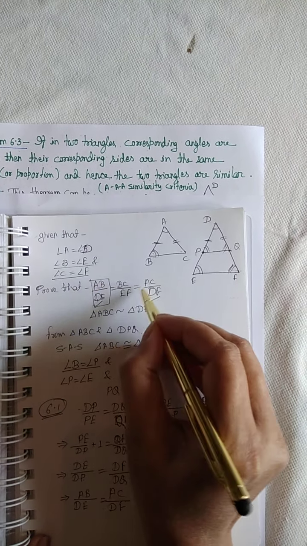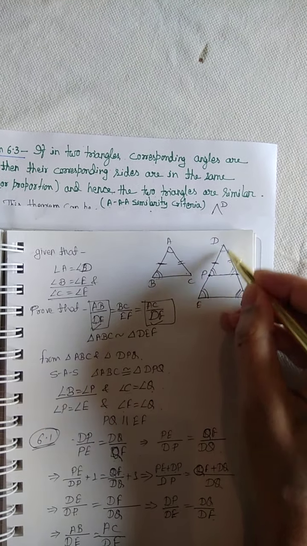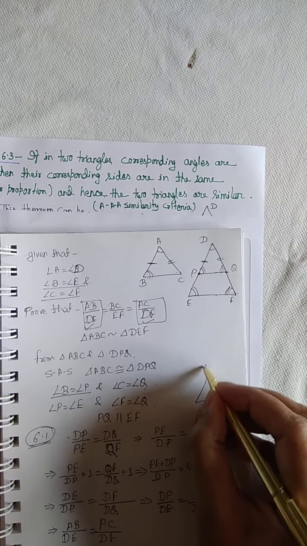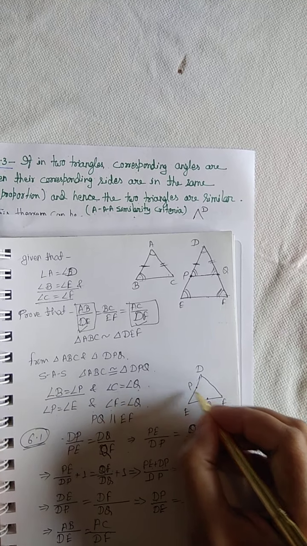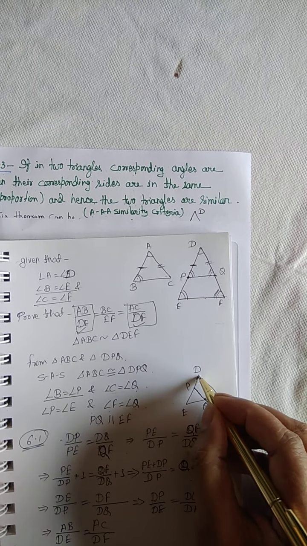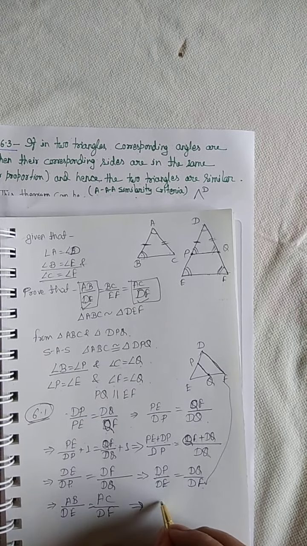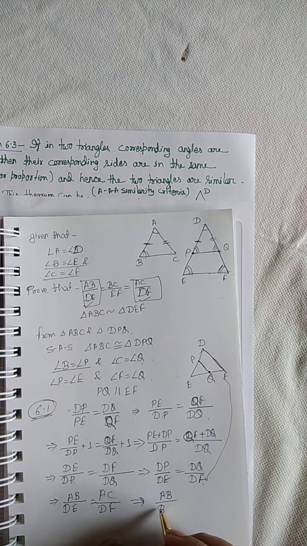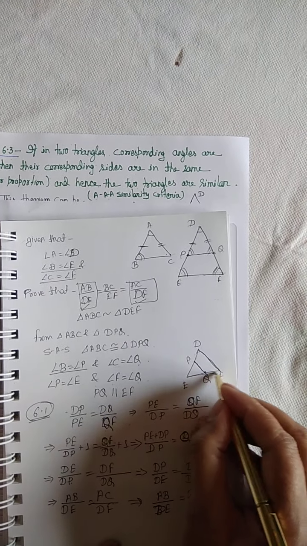We proved this first and third. Now if we put P as it is on DE, but Q on line EF. If I show it here, D, E, F, and Q will be here and P as it is, and we are just joining PQ. So in that scenario, this PQ will be parallel to DF, and in that scenario what result will come? AB by DE equals BC by EF.